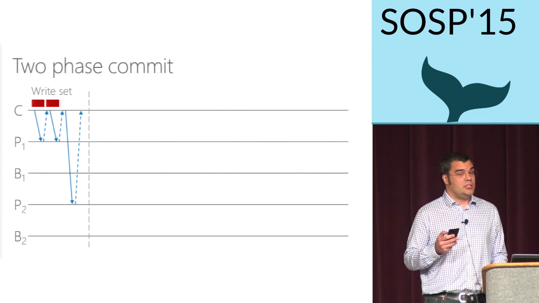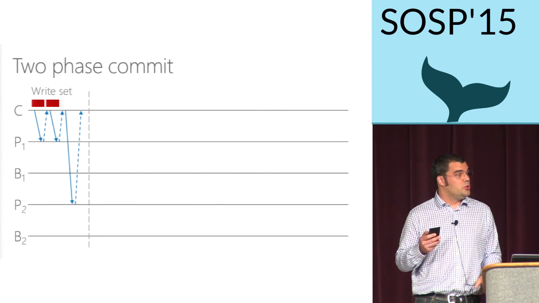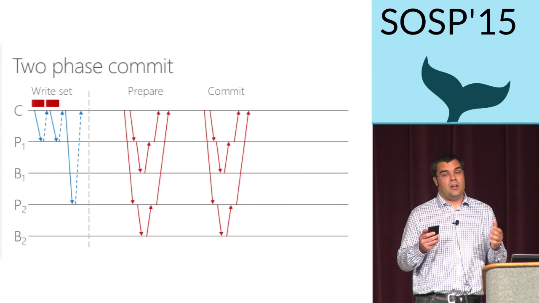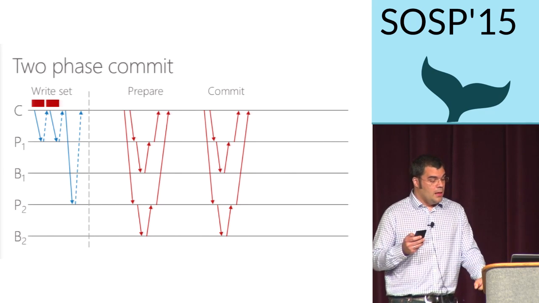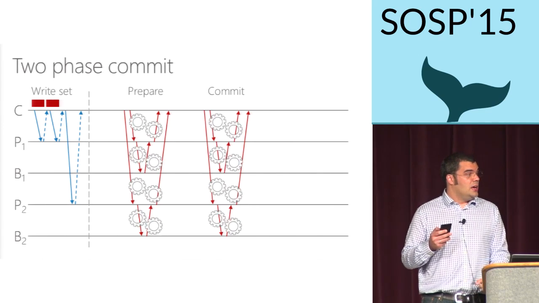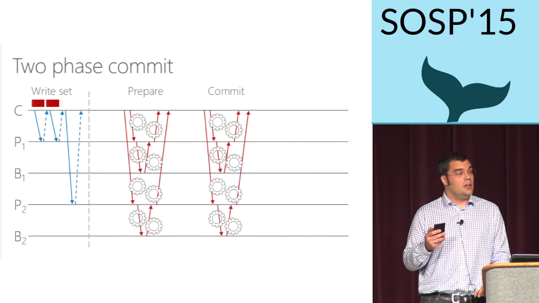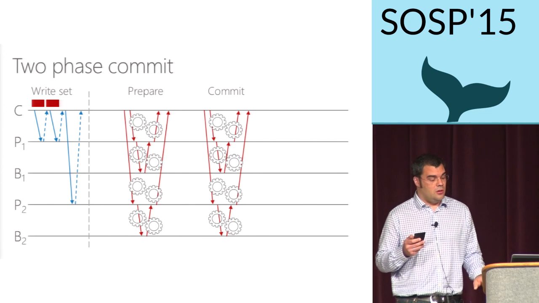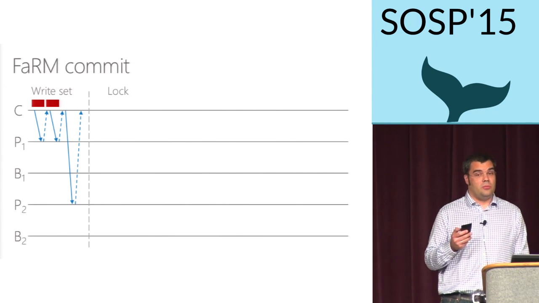So how do we commit a transaction? One possibility would be to use a well-known protocol like a two-phase commit. And as you all know, two-phase commit proceeds in these prepare and commit phases. So it requires 2 round trips, basically, to commit a transaction. However, it uses quite a few messages, and it also requires CPU processing on all participants during the transaction commit, even before the transaction can be reported committed to the client. So for these reasons, we do not use a two-phase commit, but we use a different protocol.